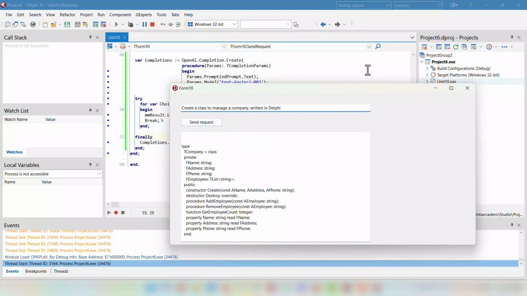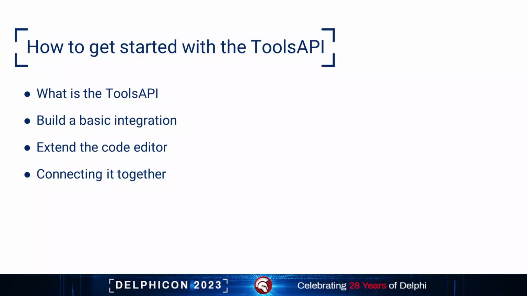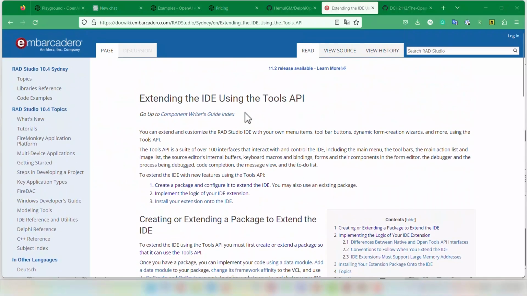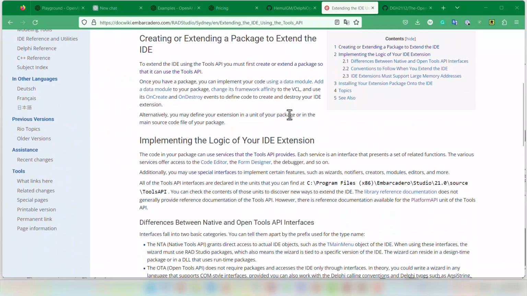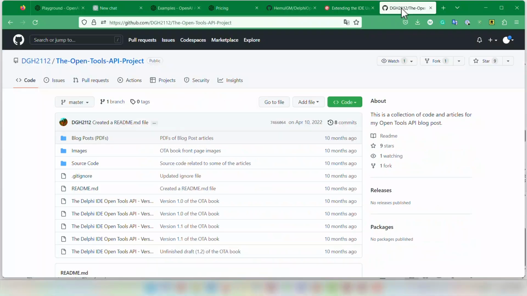So now we can go to the next step, which is to see if we can integrate this into the Delphi IDE. We do this using the ToolsAPI. The ToolsAPI in Delphi is the way to build additional functionality in Delphi. There's some information to find here at Embarcadero's website, but even better is this GitHub page with David Hoyle's updated